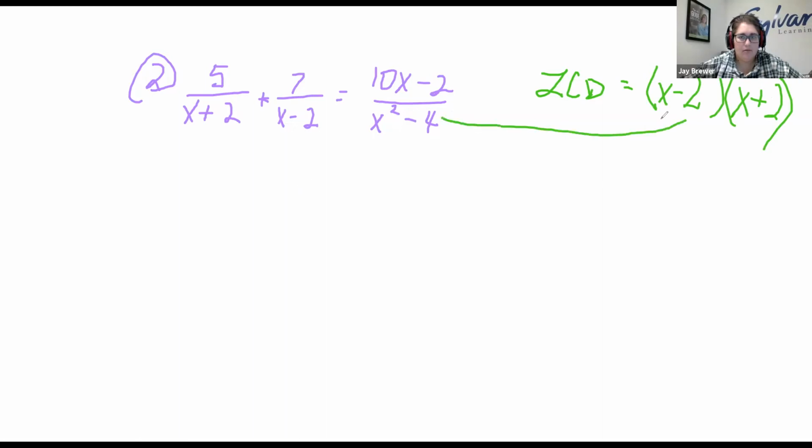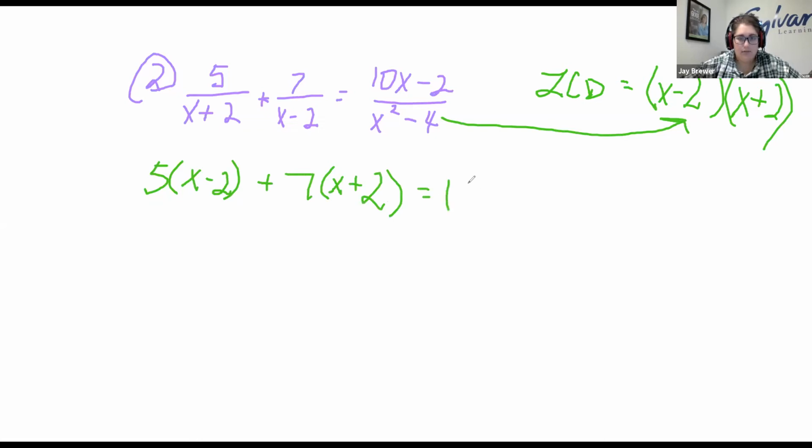Because this is equal to that, right? Okay, good. So we're going to rewrite it with what's missing. So what's missing for the first fraction? x minus 2. Excellent. So we're going to have 5 times the quantity x minus 2 plus 7 times the quantity x plus 2. And then it's going to be equal to